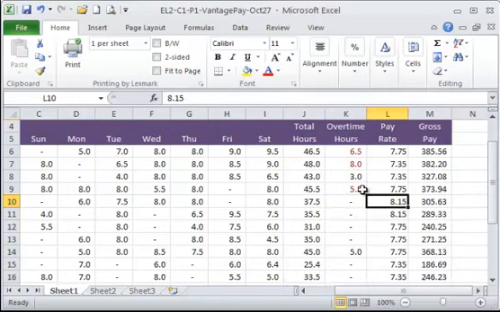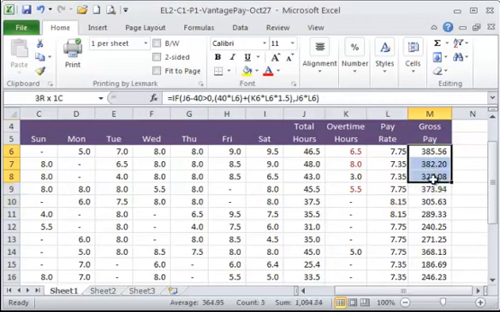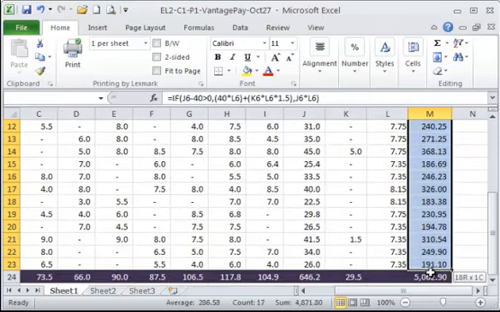In our example, we are going to look at the gross pay, and we're looking for all the employees who earned above average wages for the week. Now I want to show you something here just real quickly. If I select all of gross pay, M6 through M23, notice on the status bar it tells you that the average of all those selected cells is